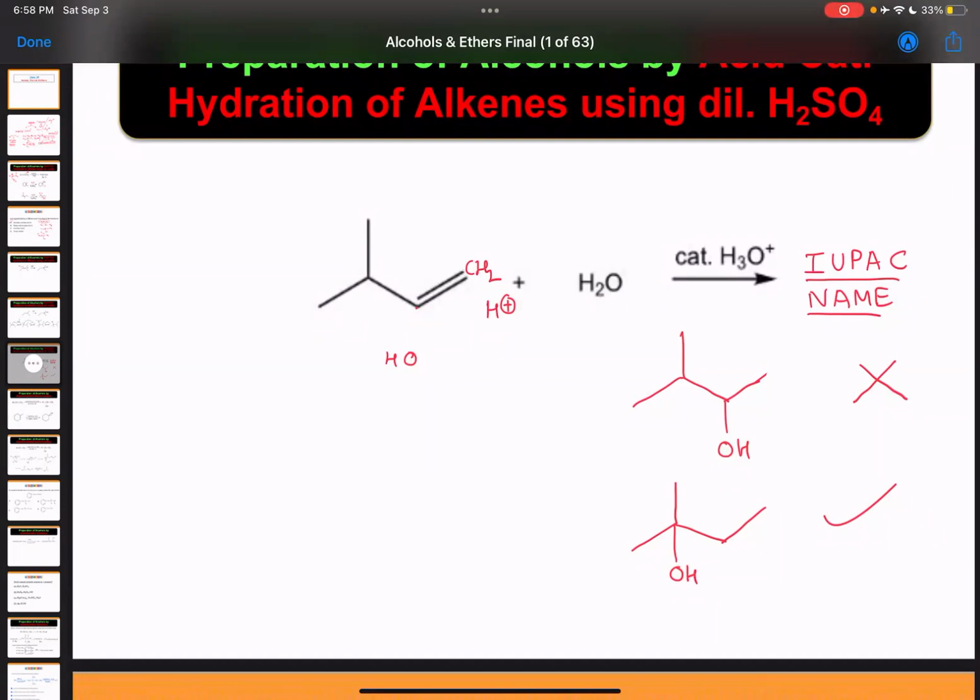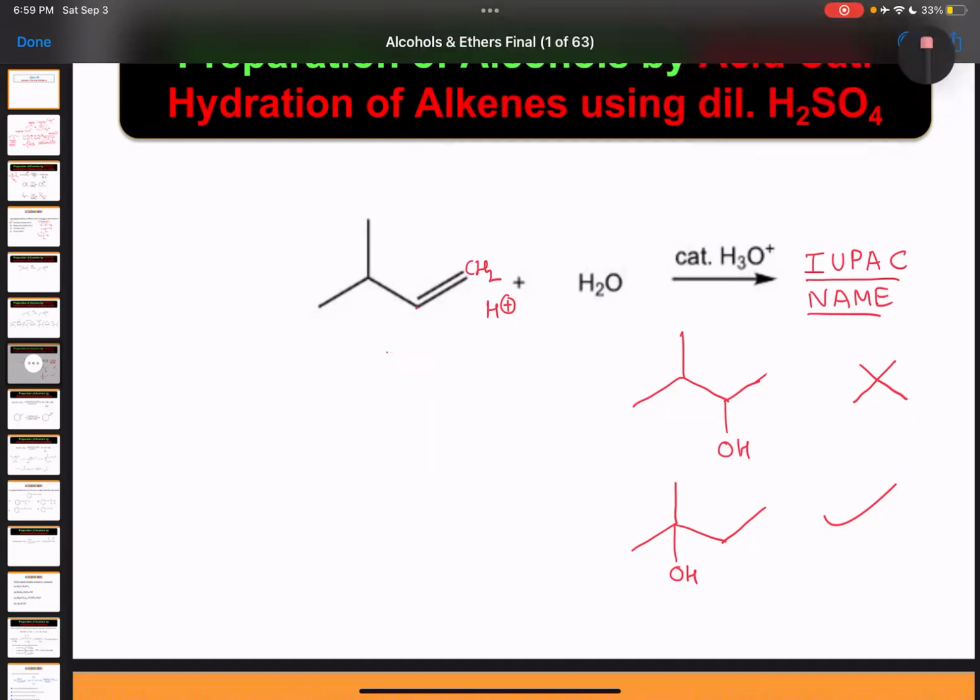Why is this, sir, the actual answer? Because the carbocation which is formed, to become more stabilized, the positive charge goes to the tertiary carbon, so that it forms a stable carbocation. Exactly. Yeah. Right. So the right answer is